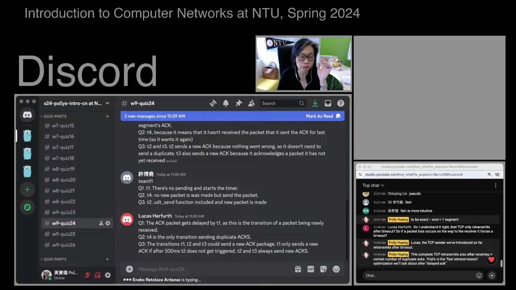And for this quiz, I have to say, it's very frequent that people get Q3 wrong. Right? So don't be embarrassed. As long as you provide a reason, usually people can understand your perspective. And a lot of times it's easy to miss something in your perspective. So the goal of the quizzes is for you to show your perspectives and observe each other's perspectives so that you can complement each other. So it's okay to edit your solution as long as it's before the due time, Saturday, 6 p.m.